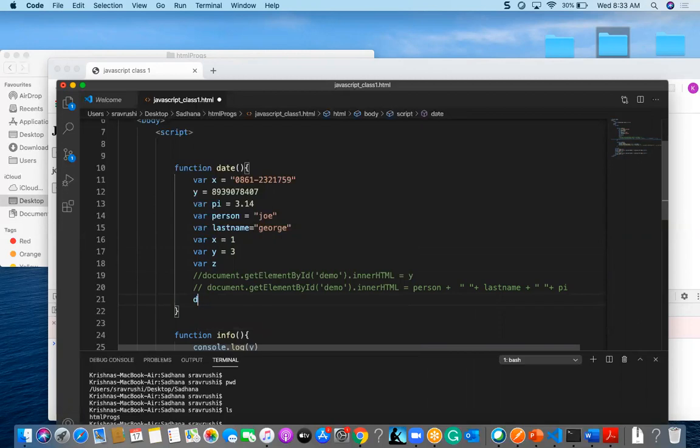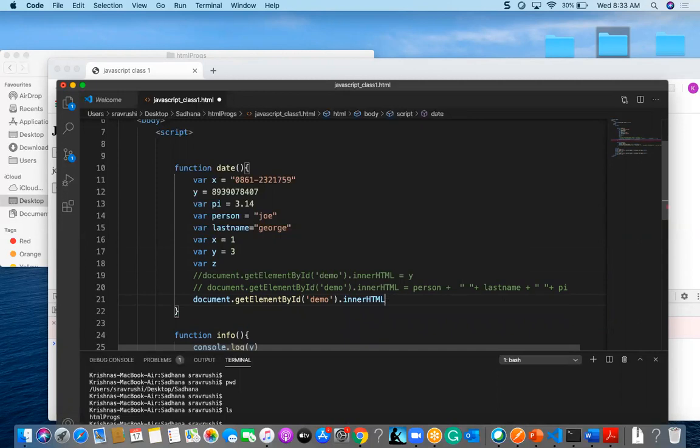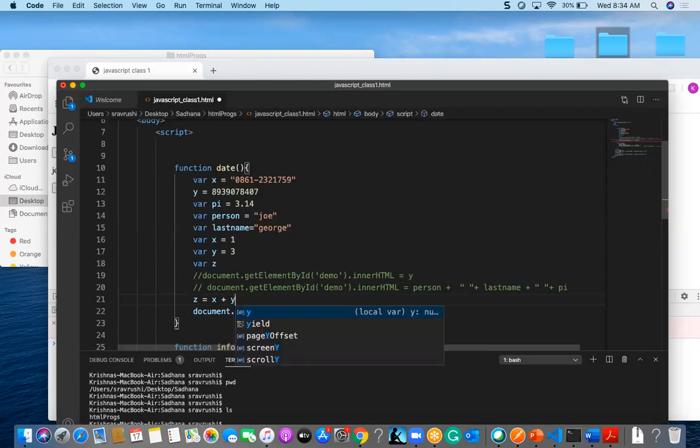So I am going to give document dot getElementById, and demo dot innerHTML, and here z is equal to x plus y.